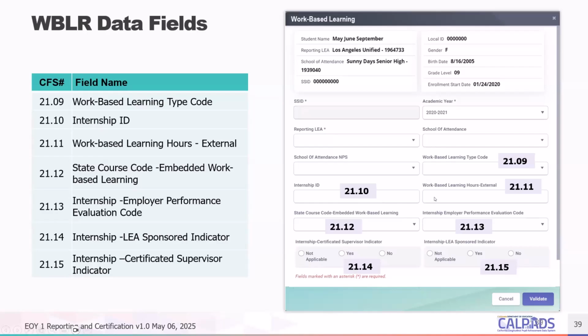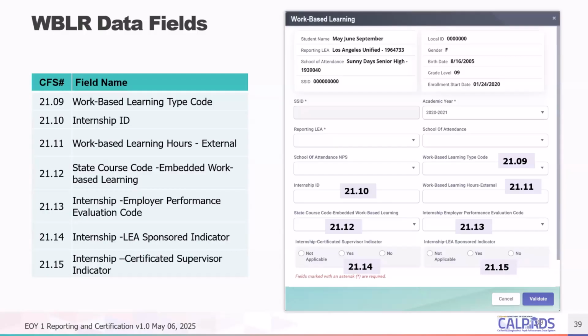The work-based learning hours external represent the grading period or the entire academic year, depending on how your system is set up. The internship employer performance evaluation code: if the student has an internship, the employer should be providing an evaluation, just like a traditional job.